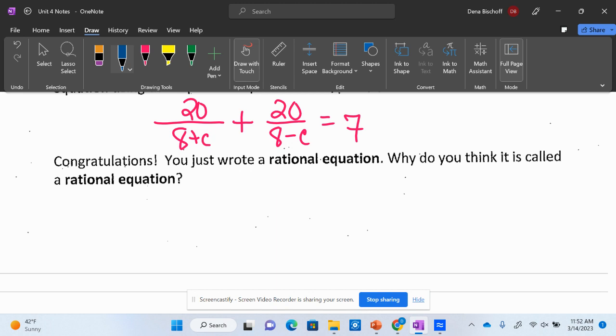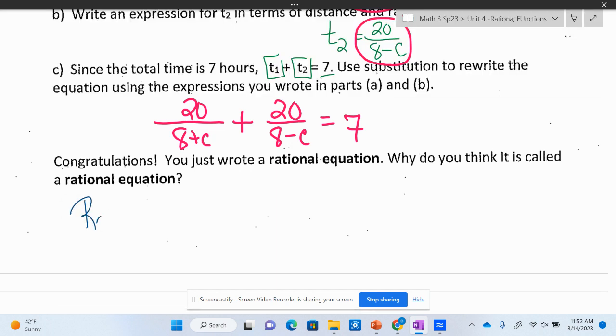Are you guys awake? Hello? Look in your denominator. What is unique about those denominators? What is something that's different? And they have a variable. Yes. So a rational